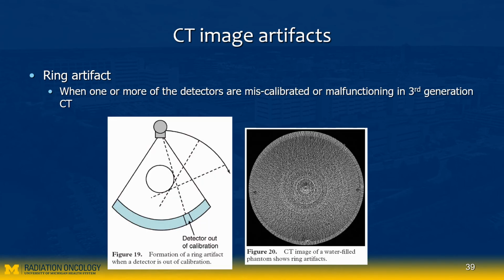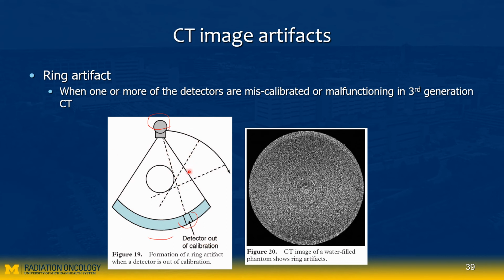Okay. All right, so first, ring artifact. Okay, what is ring artifact? When you have a detector array going bad, okay, say you have one bad detector here. Because the CT scanner is a rotational acquisition, and the CT X-ray source and the detector array are paired, if you have a bad detector, it will be bad